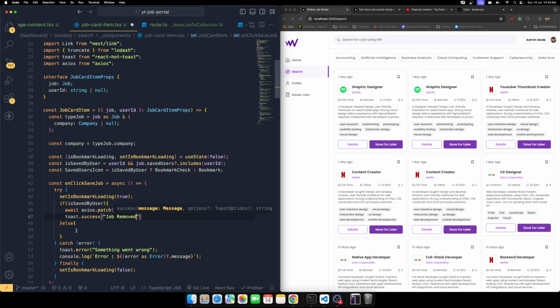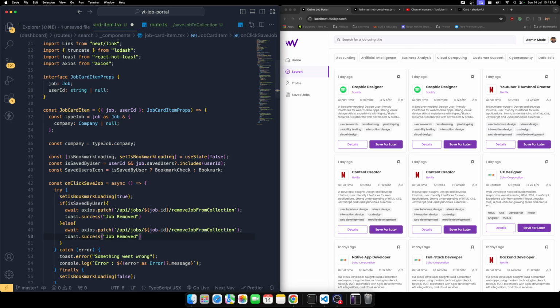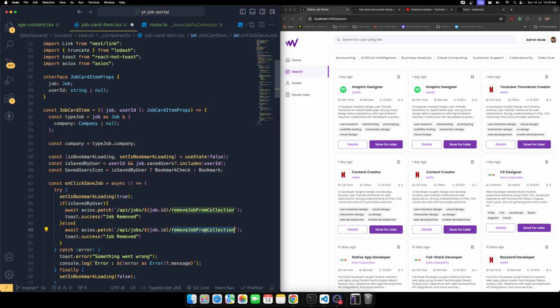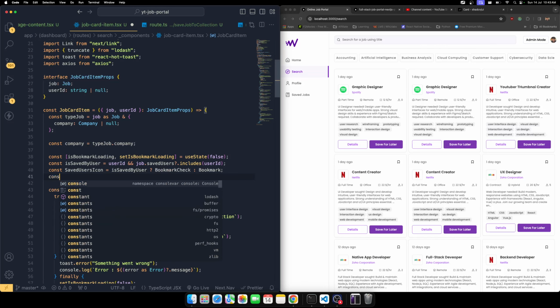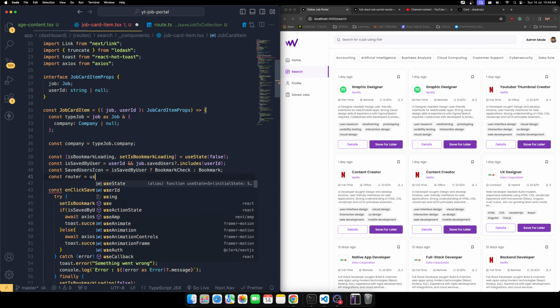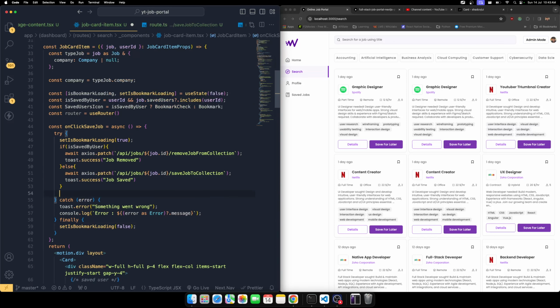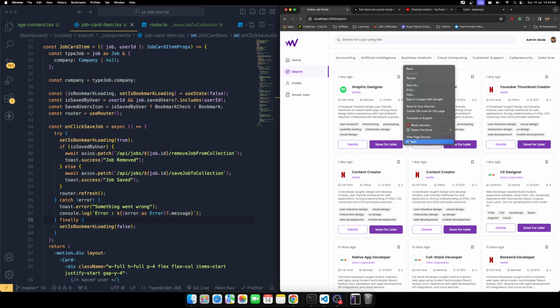Okay, and then I'm going to copy this and paste it over here. This time this is going to be job saved. And once all these things are done successfully, I need to refresh the page. So const router equals useRouter from next/navigation, and right after over here, router.refresh. Open it. Perfect. So now save those changes and let's refresh it, and let me open inspect element,